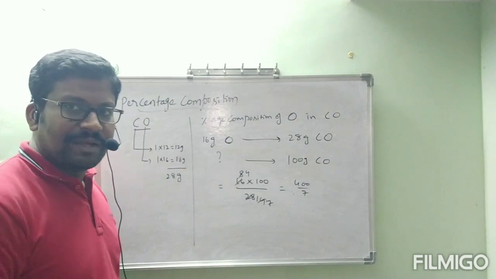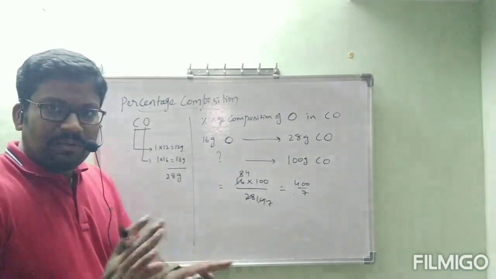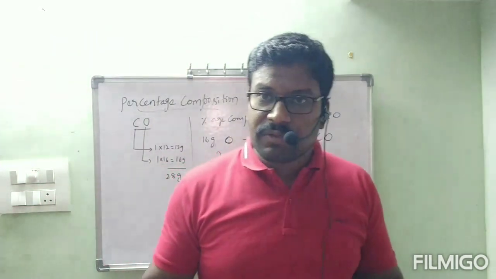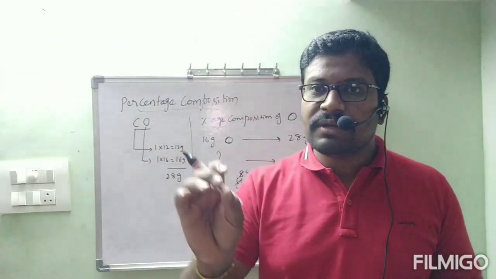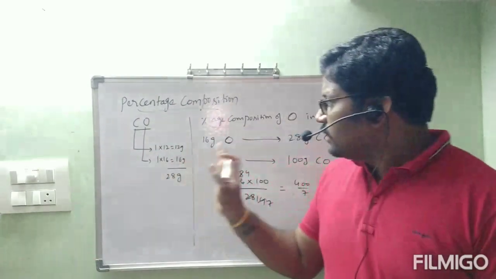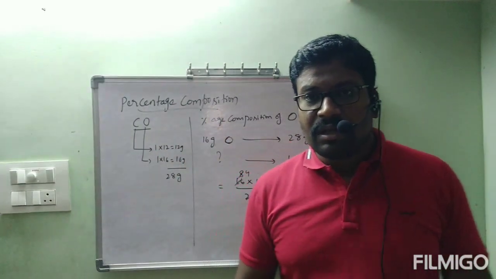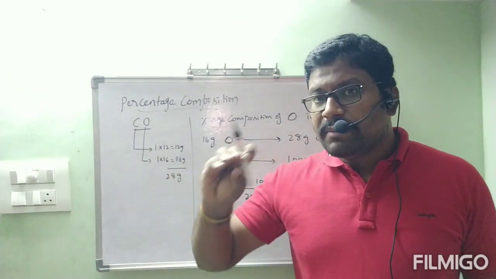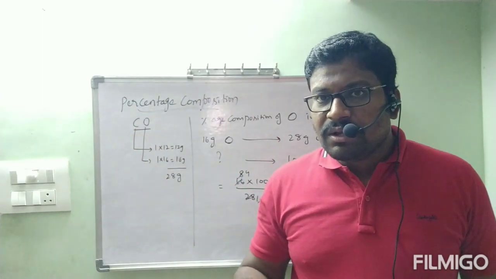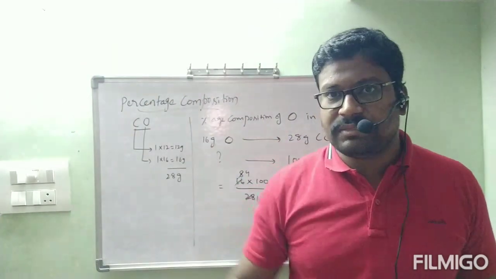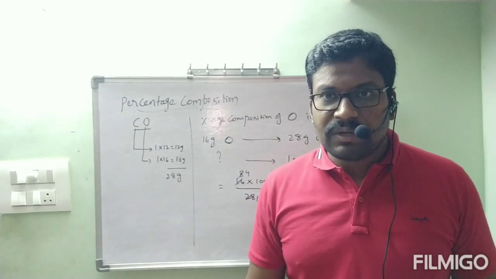Okay? In this way, if you do the calculation and add percentage composition of oxygen plus percentage composition of carbon, you will get 100%. Definitely. In this way, we can do the percentage composition. I took 2 examples today, CO2 and CO. In the next class, by doing some more examples, we will complete this topic, percentage composition, and we will go to the next concept. That is for today.